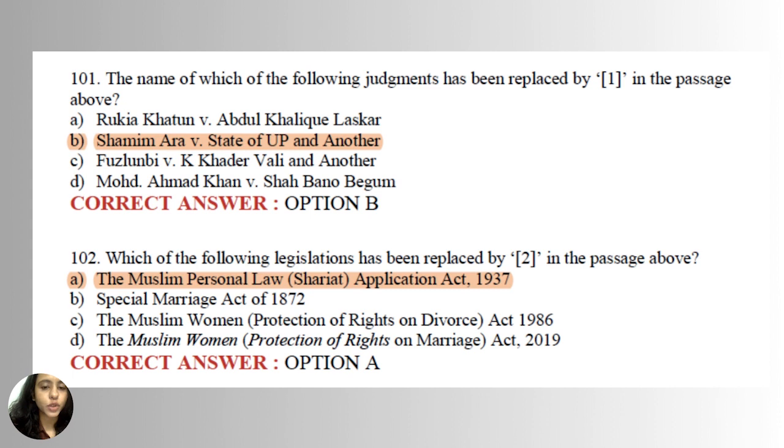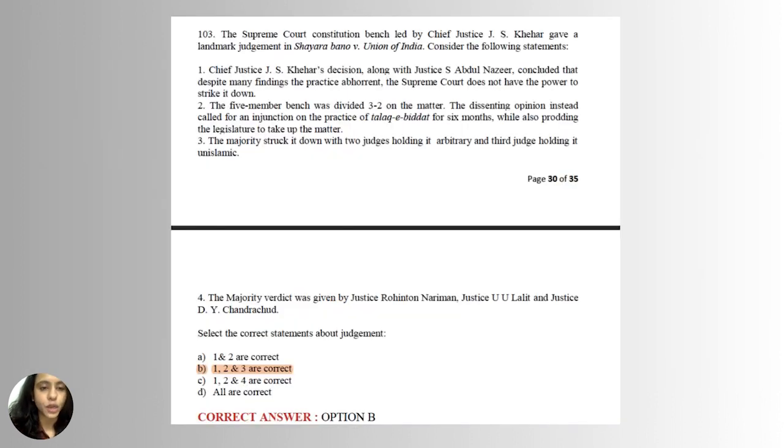Second question was, which of the following legislations has been replaced by the second number in the passage? So the right answer was the Muslim Personal Law Shariat Application Act 1937. The third question was with respect to the understanding of Chief Justice Khehar's opinion in the Shayara Bano case. So this was again based on the judgment understanding of Shayara Bano. So based on that understanding, options 1, 2 and 3 were correct. So you can look at your screens and see that these options were right. But the last option, which said that the majority verdict was given by Justice Nariman, Lalit and Justice Chandrachud,